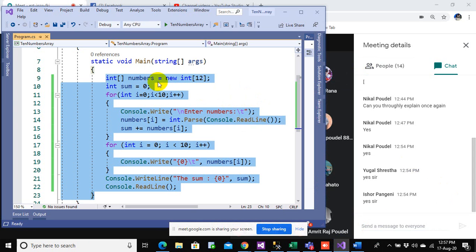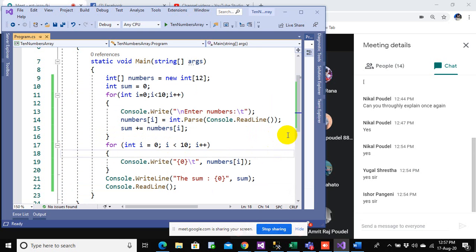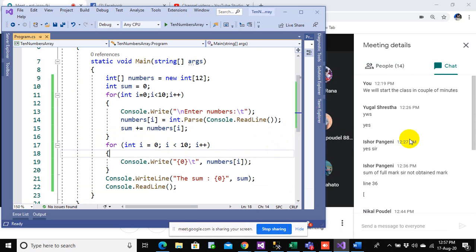So we just want to calculate the sum of all the array elements. In order to calculate, we define an array, and a sum variable to store the sum of all the array elements. We iterated through the loop, reading each and every array element, storing it inside the numbers array, and once we are done with storing the values, we are also calculating the sum simultaneously. Then we iterate through all these array elements, printing them, and also printing the value of sum. So this is the major concept behind this program, and if you have a problem here, anyone, please let me know.